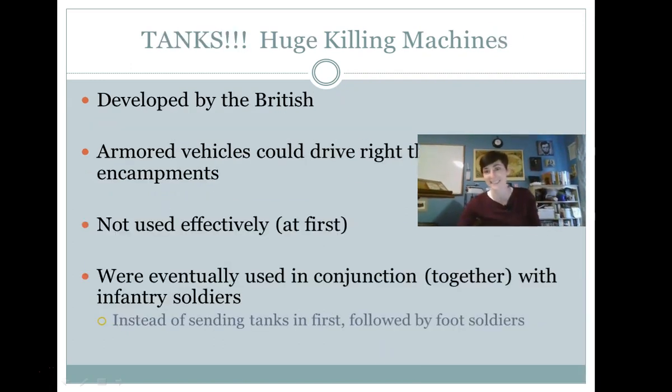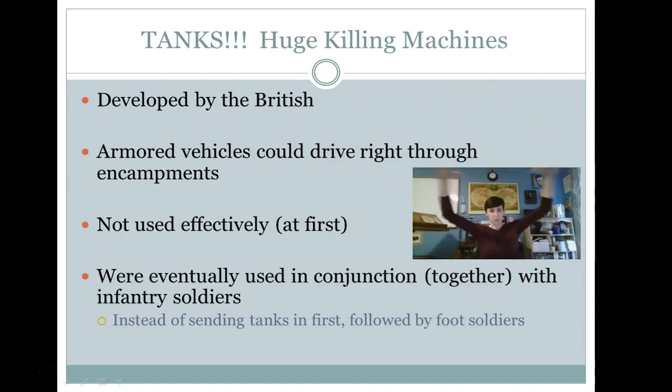All right, tanks. Okay, these are huge. I mean, big, huge, gigantic things. You describe them like, oh, it's a tank, it can go through anything. Well, this is why. It was actually developed by the British originally, and these were vehicles that you could just drive through anything, right? That's the euphemism, you just drive through like a tank. But it wasn't really used effectively